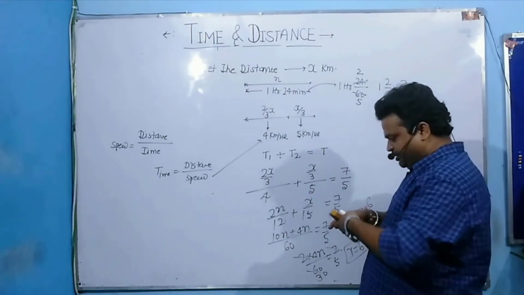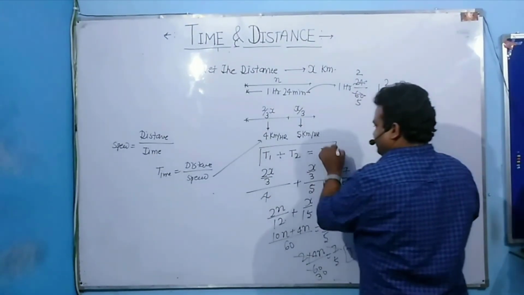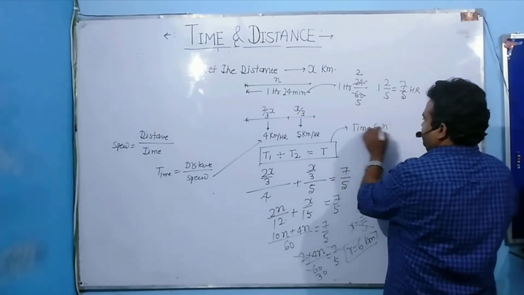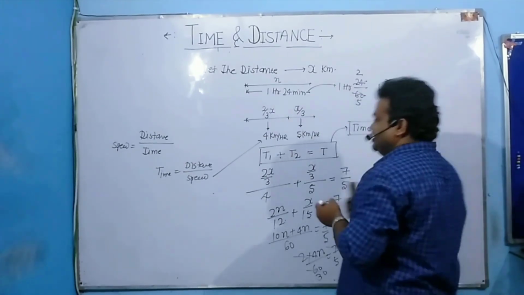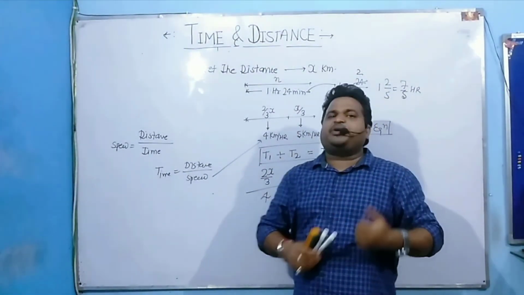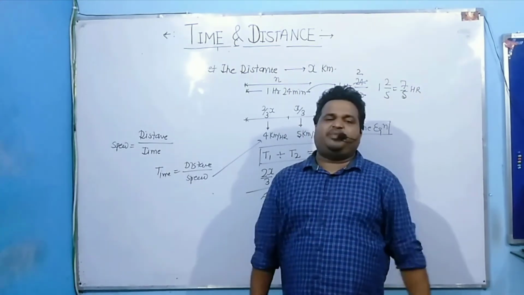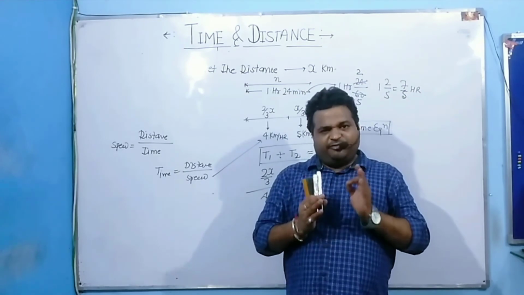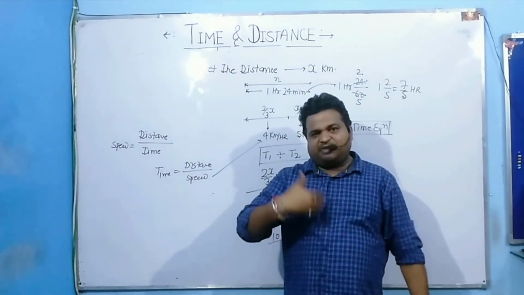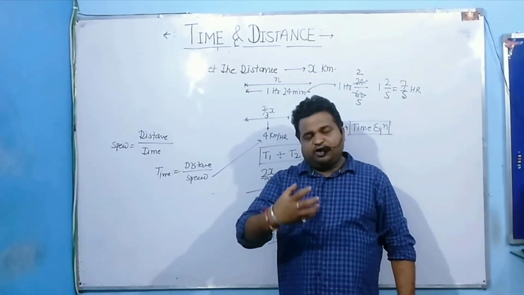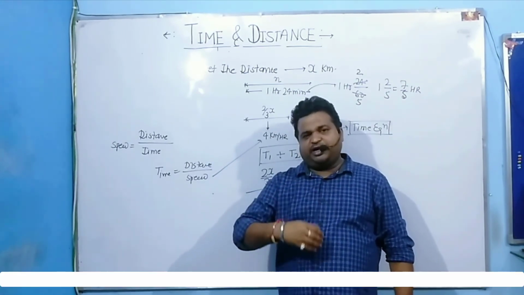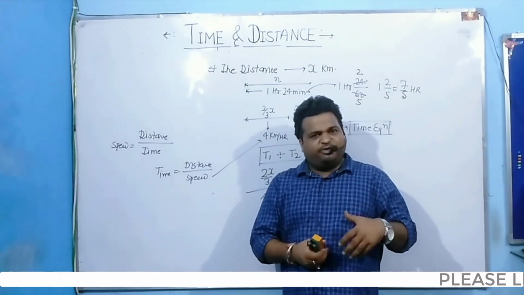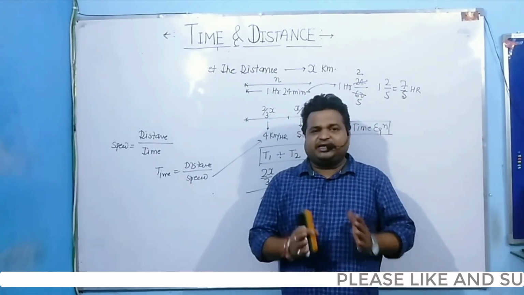So I just equate the time equation. Here this is the time equation. डिस्टेंस एंड टाइम में, कभी कभी आपको टाइम इक्वेशन बनाना पड़ता है, कभी आपको डिस्टेंस का इक्वेशन बनाना पड़ता है, और कभी कभी आपको स्पीड का इक्वेशन बनाना पड़ता है। सो जो भी वैल्यू गिवन होती है उसके रेस्पेक्ट में आपको देखना है कि कौन सा टाइम इक्वेशन इंपॉर्टेंट है, या डिस्टेंस इक्वेशन इंपॉर्टेंट है, या स्पीड इक्वेशन इंपॉर्टेंट है। तो इस तरीके से आप जो भी वैल्यू निकालनी है, you can easily get into the solution.